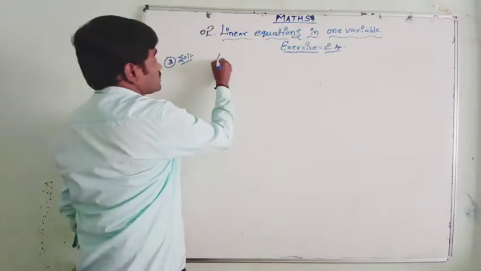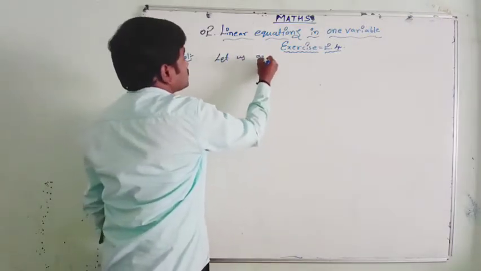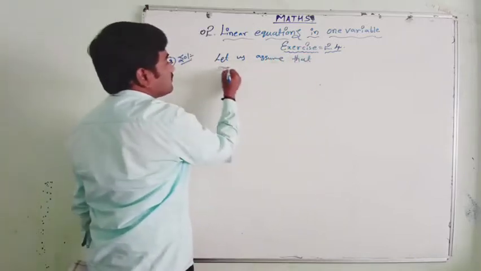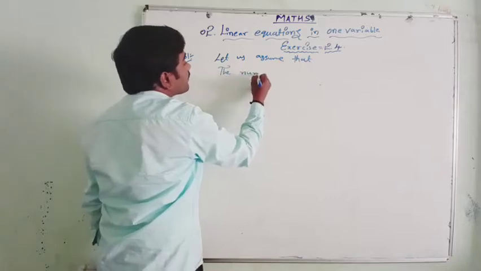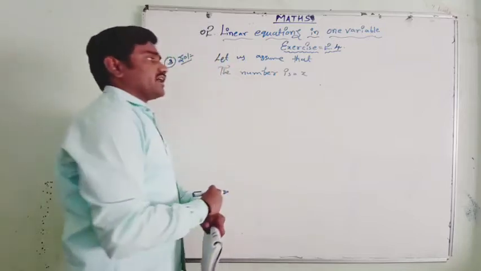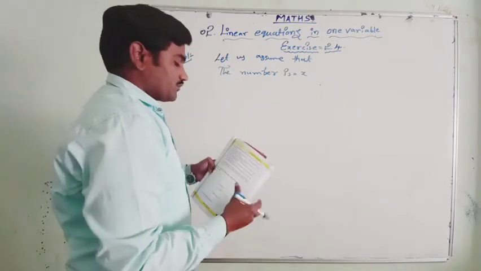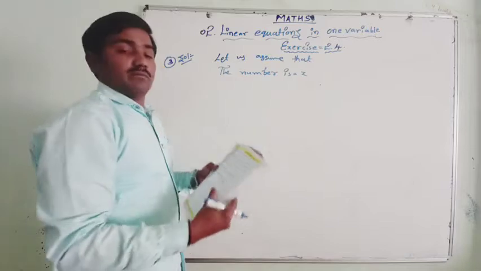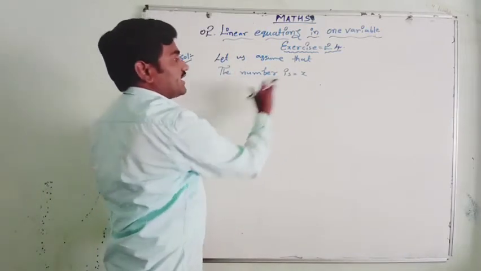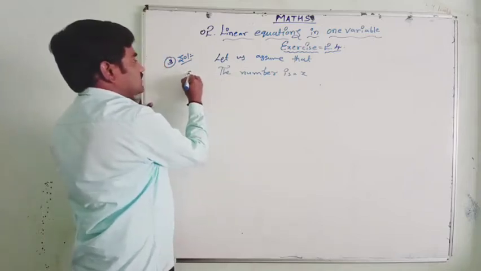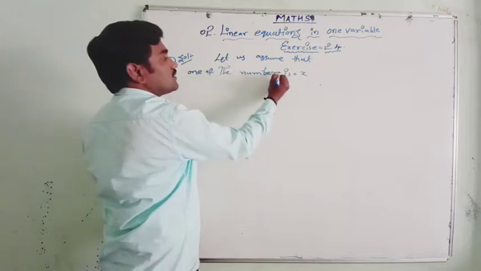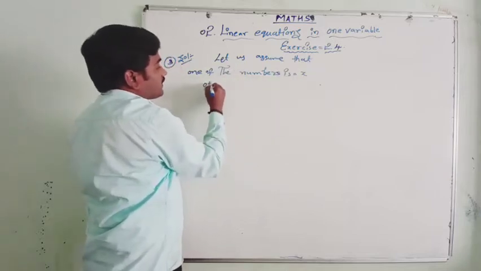We don't know the number, so let us assume. Always, when we don't know the number, you assume any one variable, like I will assume x. The number is x. So suppose one of the numbers is x. Then the other number